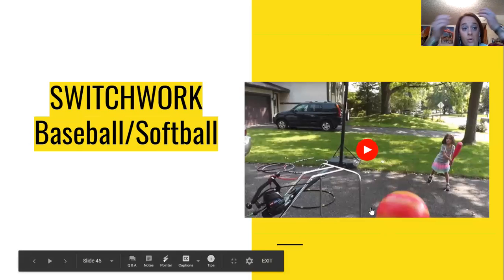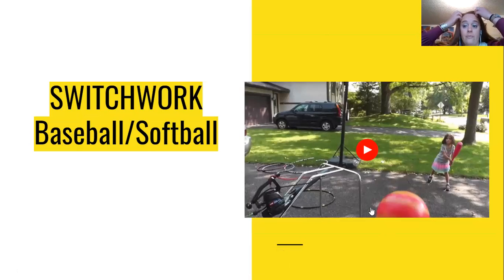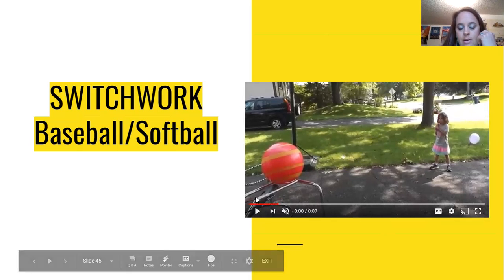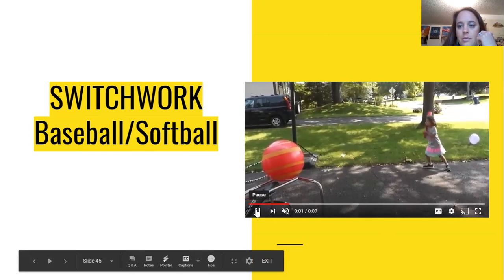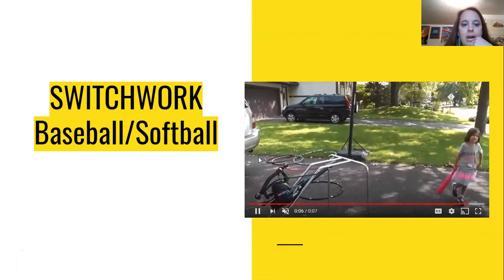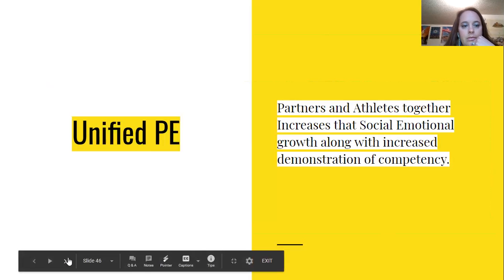Here is another way that you can use this to launch for baseball. Okay, I had a student for the first time use a switch and pitch me the ball, and I almost cried because it was that social partner play that he had been missing out on his whole life with me, and I feel terrible because it was all me, but I figured it out and now I can do it. So again, here is that ramp, the leaf blower, that Walmart ball, and Hannah is ready to hit the ball. Hitting the switch. Boom. Right?